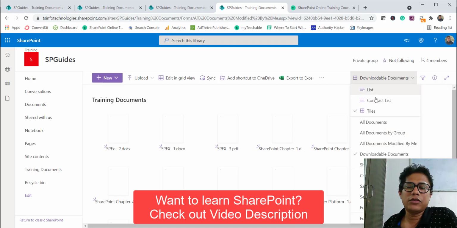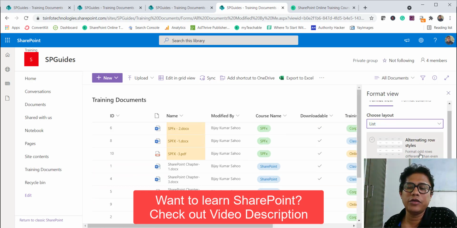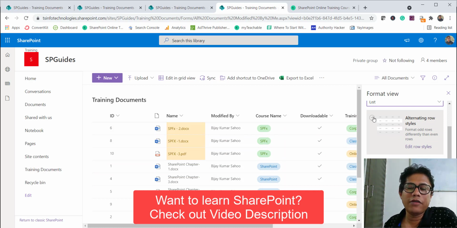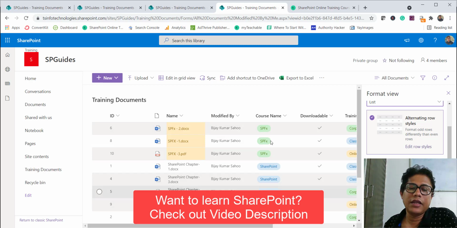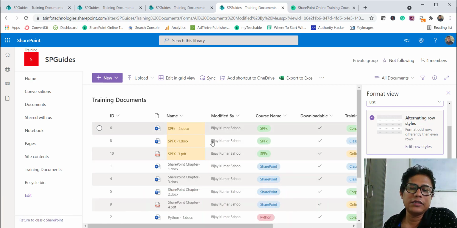The last one I wanted to show you is, let me just go to all documents. Here you can format the view as well. You can see here, format this view, and if you want to give an alternative color, I can select this option and then select an alternative color. You can see there is background on this. The yellow is coming because I have some conditional formatting for a particular column.